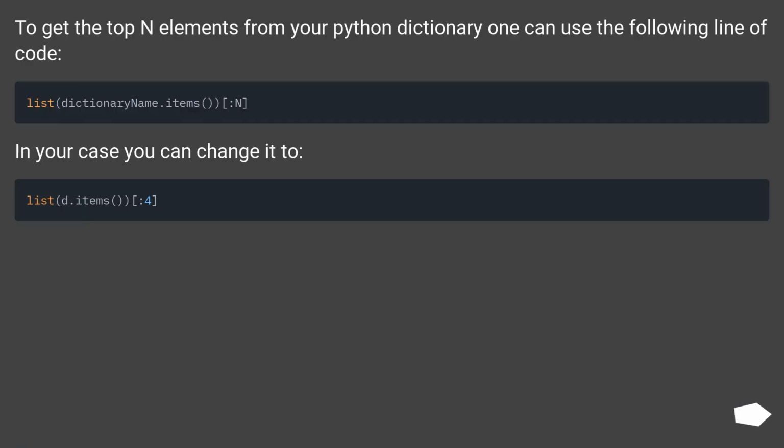To get the top n elements from your Python dictionary, one can use the following line of code. In your case, you can change it to